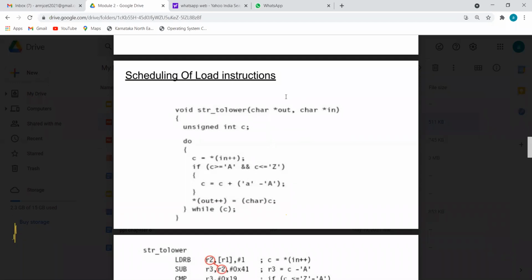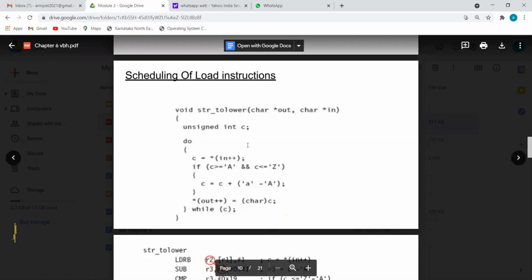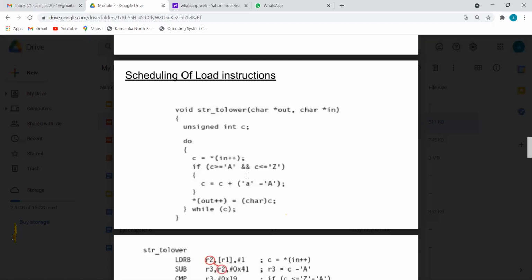Now assume I have given capital A as an input. What is its number? Capital A is 65. Then 65, 66, 67, because I have given capital A, capital B, capital C. They are in the range of 65 to 90. Yes, the if condition is correct. Then present C is, one by one alphabet, 65.